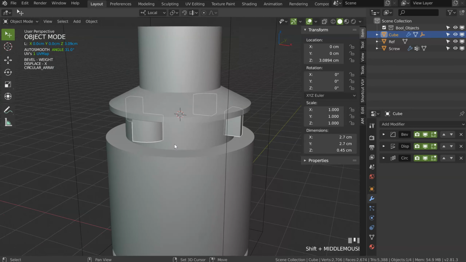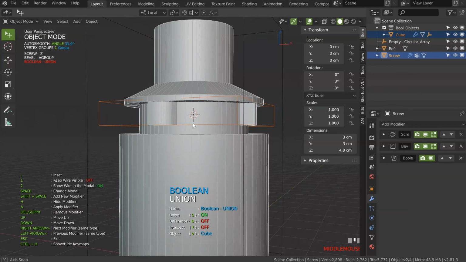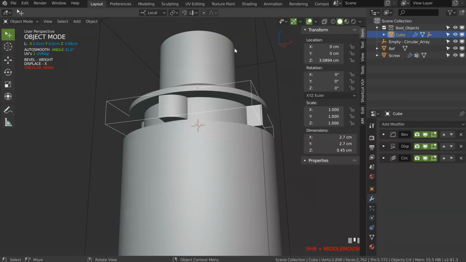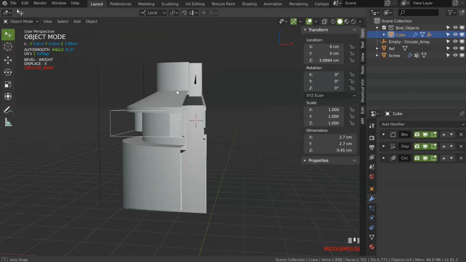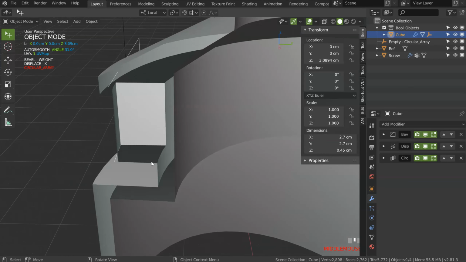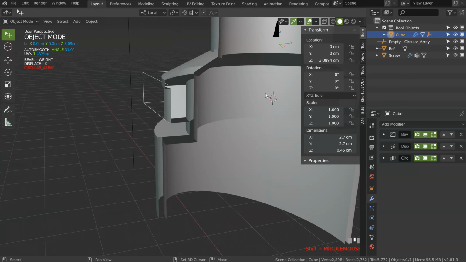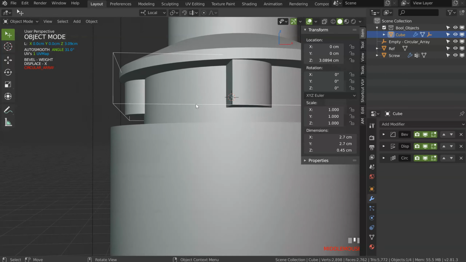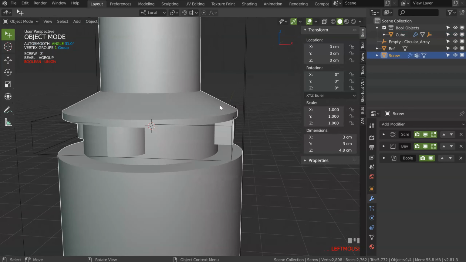If normally I add a boolean, S, boom, I will have something that will work. You can press Alt B to check if everything is correct. And if we check, yes, that seems to be correct. Yes, it's okay, so perfect. Alt B. And that's it. So, I will edit this one, in fact.